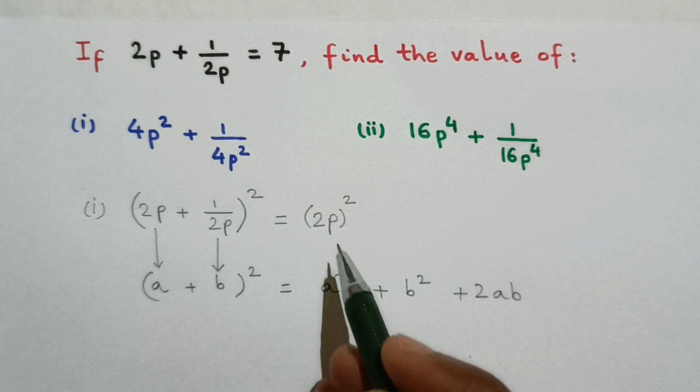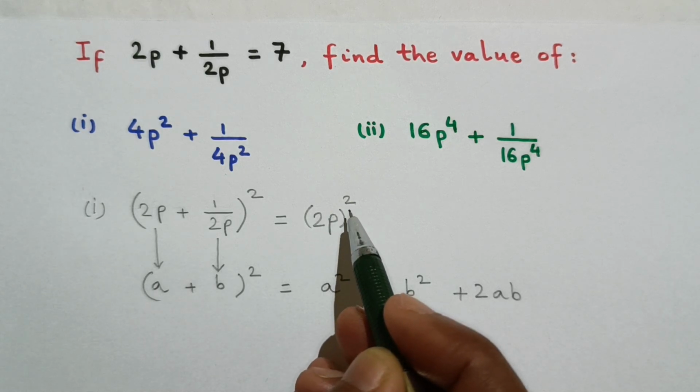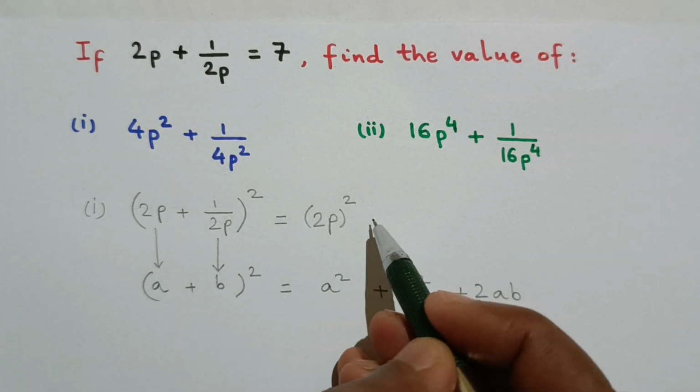Now a is getting squared, so 2p will also get squared. Then plus